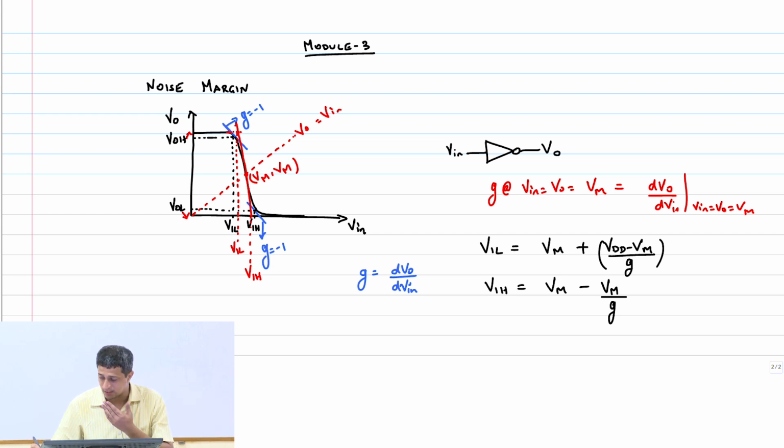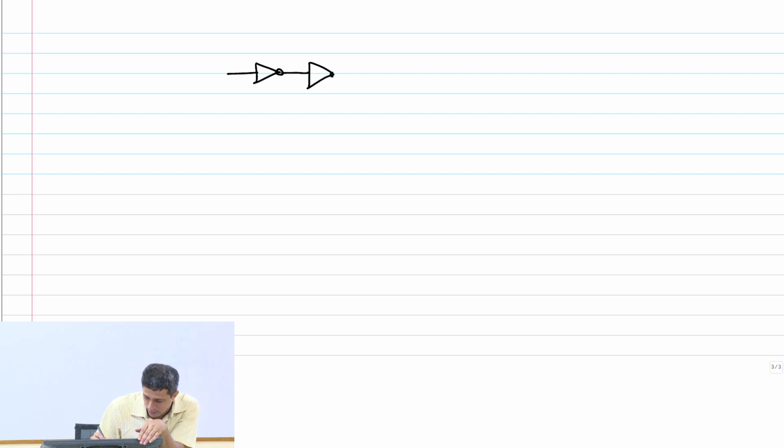Now still this doesn't tell us anything about the noise margin. That's what our discussion started with. So let's now see what these values mean. What is VIL? It's the threshold voltage, right? Not to be confused with transistor threshold. It's that particular threshold voltage below which everything will be treated as a logic 0. VIH is the threshold voltage above which everything will be treated as a logic 1. Okay, that's the most important thing.